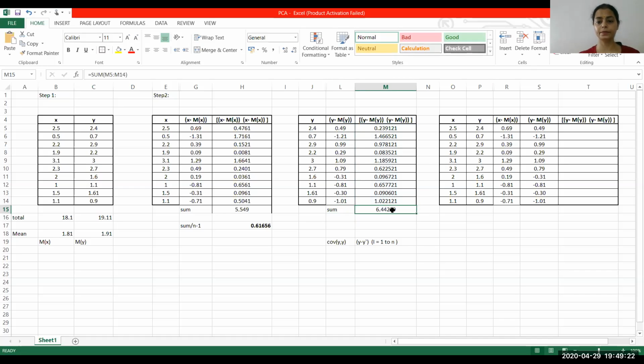This is the sum. And then finally, we have to divide this sum by n minus 1, that is 9. So what we do is, the sum that we have got here, we are going